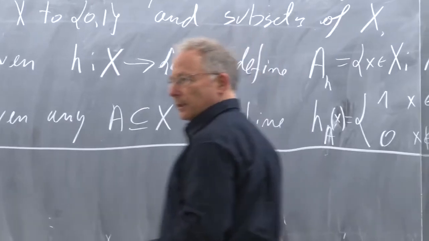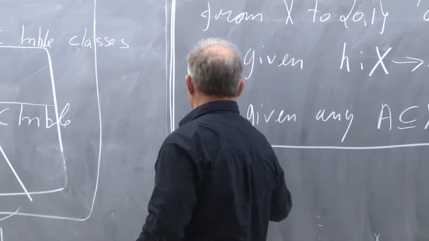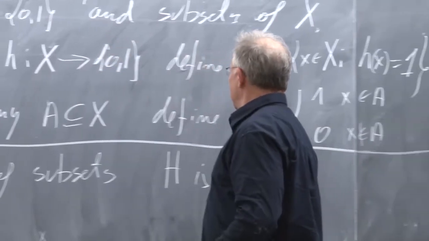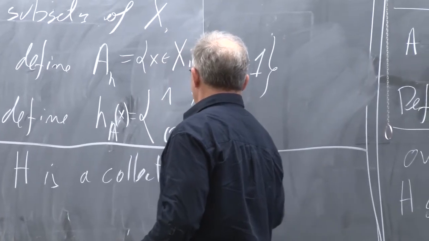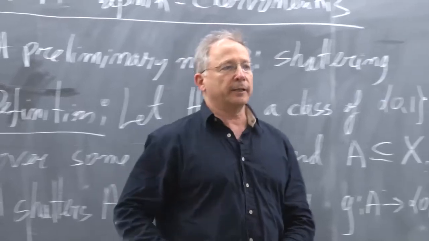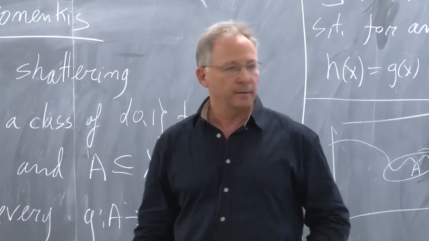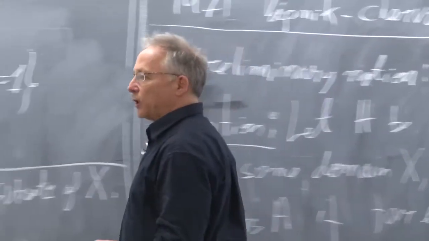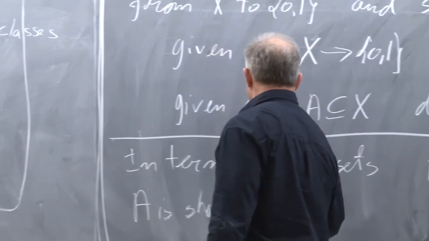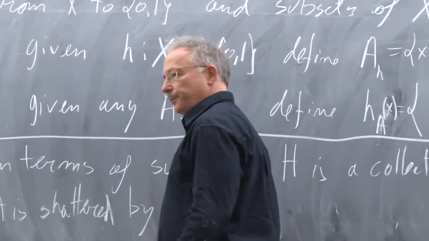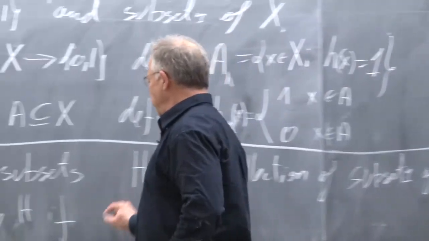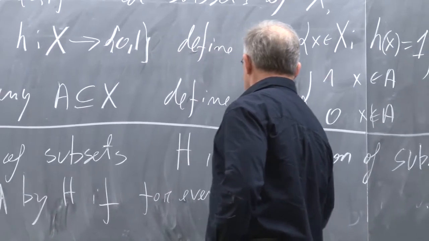So I can now repeat the definition in terms of subsets. So now in terms of subsets, H is a collection of subsets of x. H, rather than be a collection of functions, is now a collection of subsets. And A is shattered by H if, now, instead of talking of every function g on A, I talk about every subset of A. For every B subset of A,